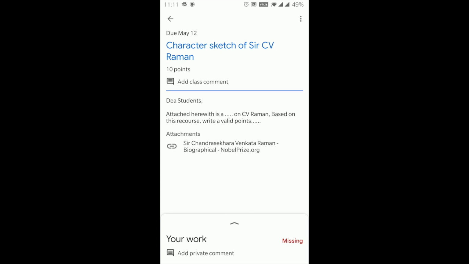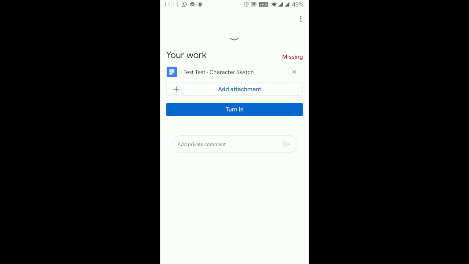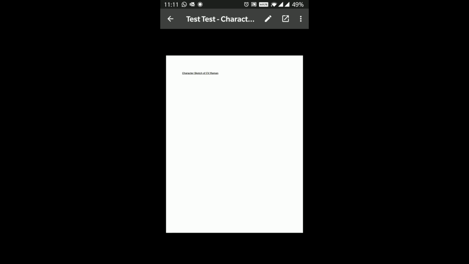So a resource is now coming up. So first I need to read this resource. As of now I am not opening. So you can click the link and the resource opens in a web page. And then your work, so it has been named against me, character sketch. What I need to do is, let me open this because this is where I need to write. Now this is the crucial part while using Google Classroom on a smartphone device or a mobile device.